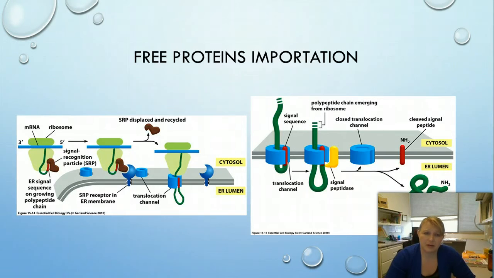So let's talk about how free proteins are imported. And this is similar to what we just talked about with the ER. So what you can see here is we have the ER signal sequence on a growing polypeptide chain. You can see that little signal sequence, and it's got a signal recognition particle. That SRP is going to help guide this protein to the translocation channel on the ER. And what happens then is it helps thread it through, and as it's being threaded through, the translocation channel helps finish synthesizing the protein, and that signal sequence is going to get cleaved,